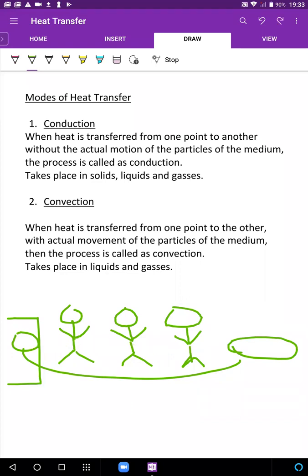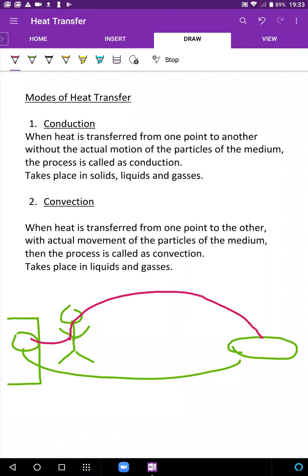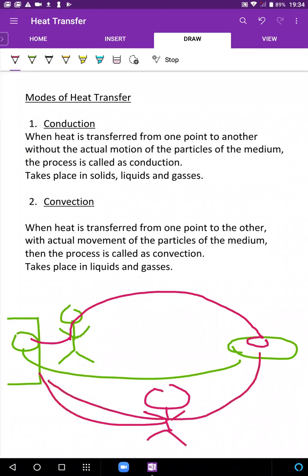Yes. And convection में क्या होगा? Convection में your scene will be like this कि in convection, this guy is going to take the plate and he's going to physically move over here and deposit the plate here. Understood? Maybe at the same time there's another guy who goes, picks the dessert, and then again physically goes and drops the dessert over there. So that is convection, where particles of the medium directly go from the hot place to the cold place.